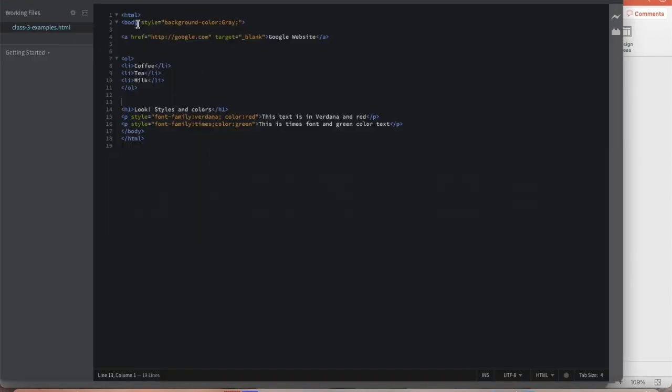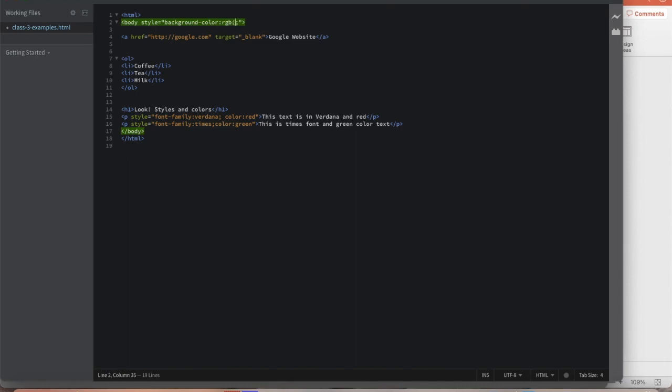So see, what we did is we used style in the body, then we just mentioned background color gray. If you mention green or any color, you can. There are two kinds of things you can mention here. The easiest is to directly write the name of the color. And you can also mention an RGB color. There is HSL as well, but it is a little complicated for you. So RGB, basically you can mention it here. You can see it on the internet, because this is how it is mentioned.